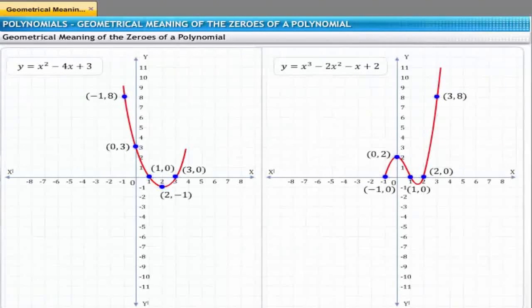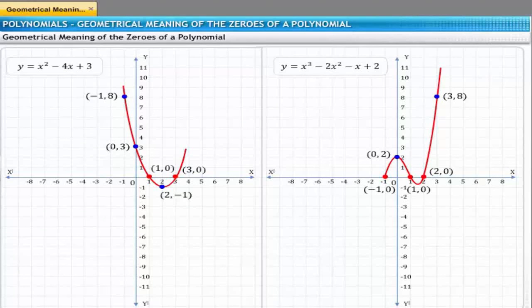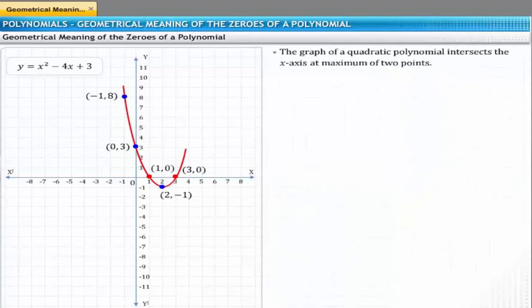We can also find the zeros of these polynomials by identifying the points where the graphs of the polynomials intersect the x-axis. Let's summarize the observations from the graphs. The graph of a quadratic polynomial intersects the x-axis at a maximum of 2 points. Therefore, a quadratic polynomial can have a maximum of